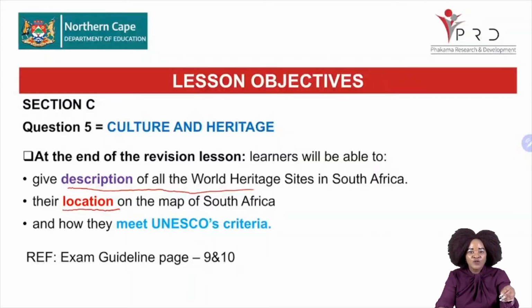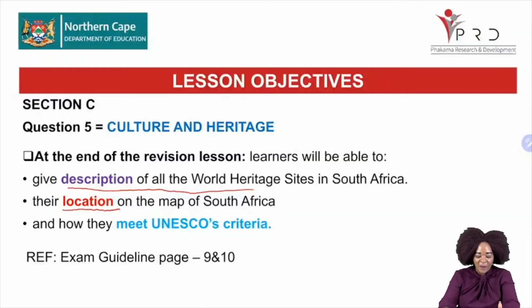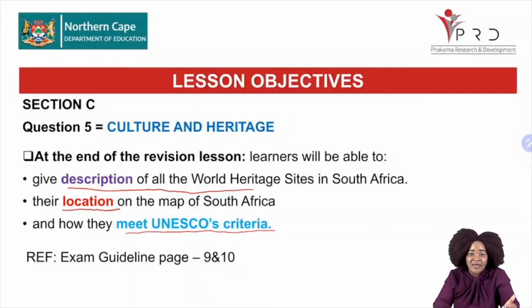But I know you will be able to do that. And you must also know how they meet UNESCO's criteria. Remember, there are 10 criteria that have been used by UNESCO to declare each and every World Heritage Site. So for each of these World Heritage Sites, you must know what criteria was used